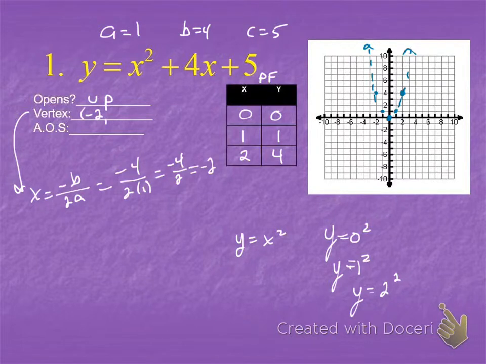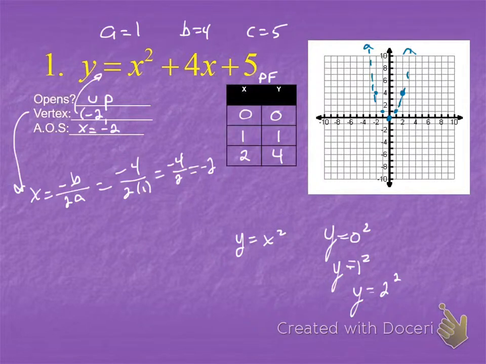Now remember that the axis of symmetry goes through the vertex, which means that if it goes through the vertex, then the vertex has an x-coordinate of negative 2. It means it's going to hit negative 2 on the x-axis. So our axis of symmetry equation is going to be x equals negative 2. Okay? Now, to find the y-coordinate of the vertex, we can just take negative 2 and plug it into our